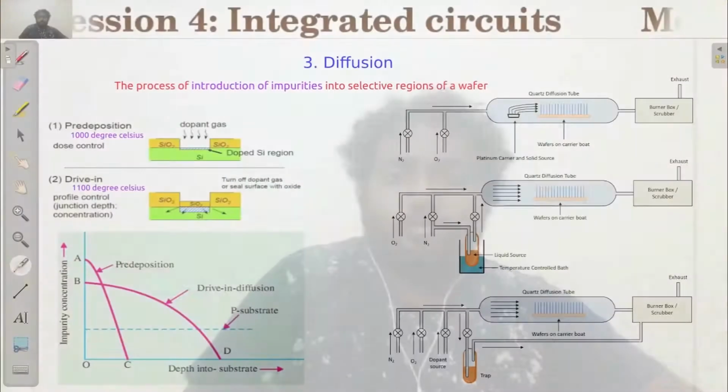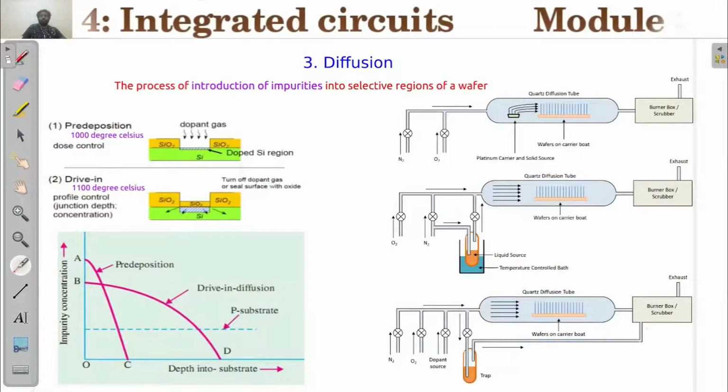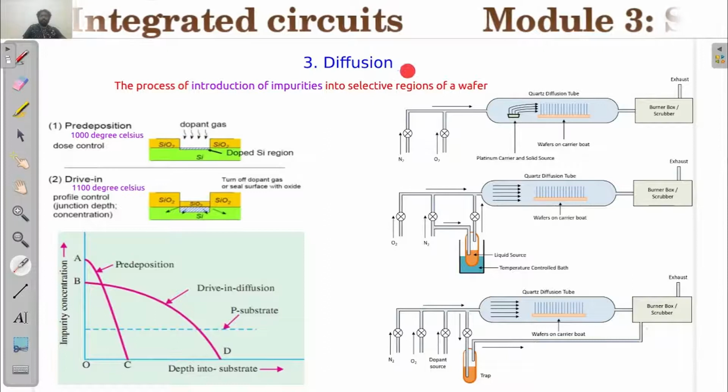In the previous video, we were discussing wafer fabrication, especially the planar process involved in the fabrication of a wafer. The planar process consists of many procedures, and two of them we have completed. One is oxidation, the other was etching. We will be focusing on two or three more of these processes today in this video, and let us see what they are. Our third procedure that we are going to discuss is diffusion.